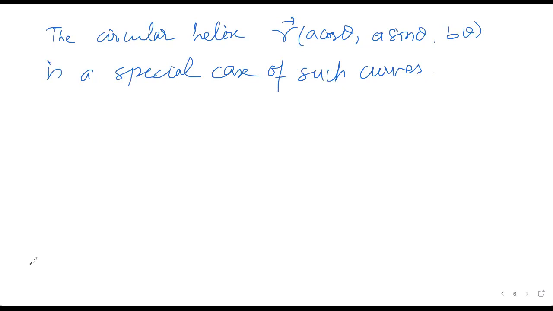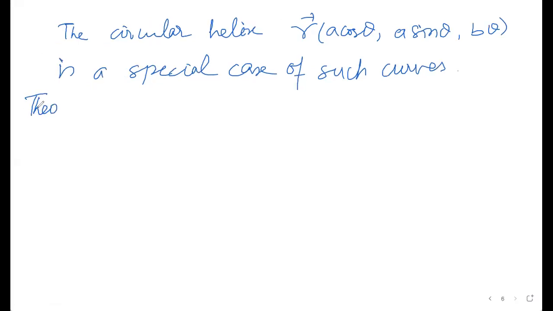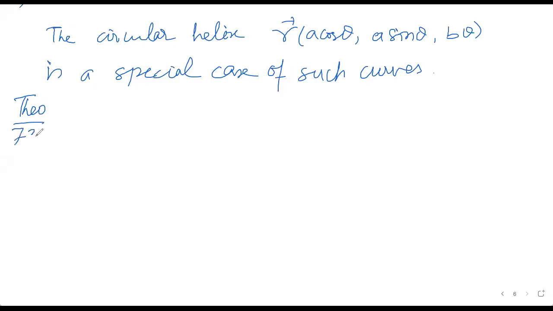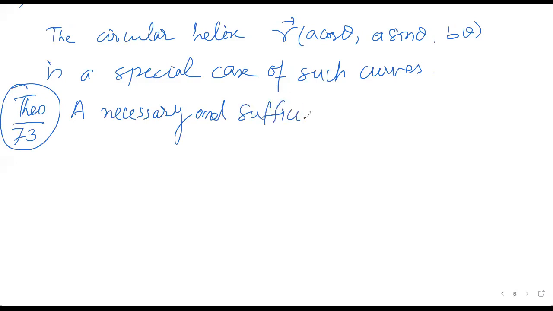So in fact this helix has one important property, one characterization property in terms of curvature and torsion. जो आपका कर्व का curvature and torsion है उसके टर्म्स में एक important characterization property है. What is that? That is an important result actually and which is given in your book as a theorem, पेज नंबर 73 पे आपकी टेक्स्ट बुक पे. What does it say? A necessary and sufficient condition for a curve to be helix